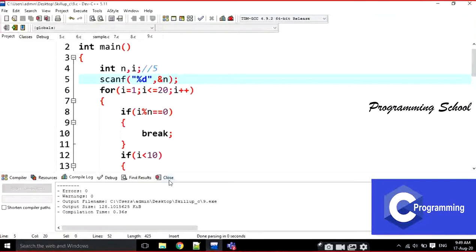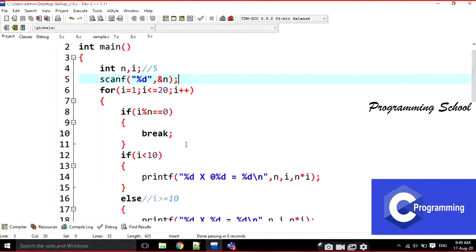That is the mistake here. Write this one and that one also. If you write break instead of continue, what is the output we have to write? It is going to print up to 5 4s only. Then after that it comes out of the loop.